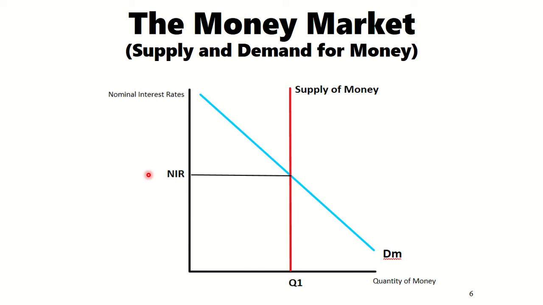If the price to borrow money is low, you're more likely to go borrow money to buy a car or buy a home or go to school, et cetera. Same for businesses, right? If the interest rate is low, businesses have an incentive to invest their money in investment spending. If interest rates are high, people are going to hold on to their money and